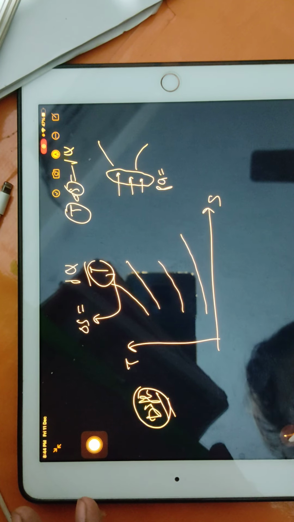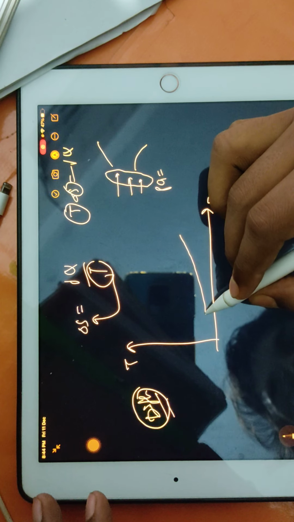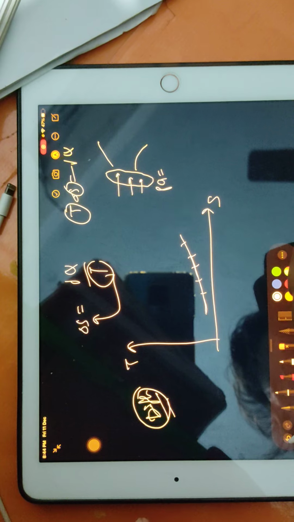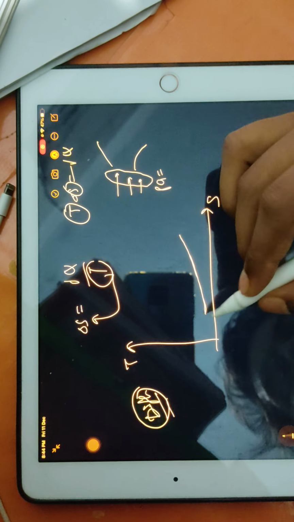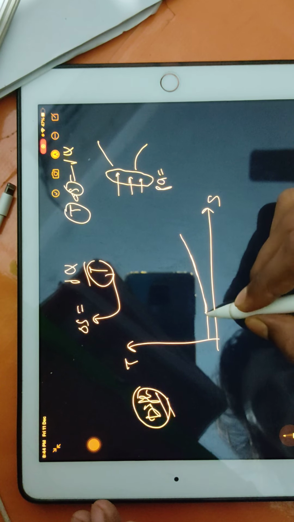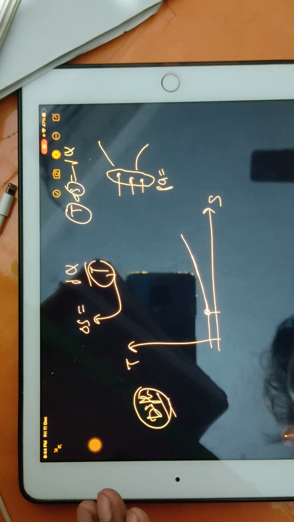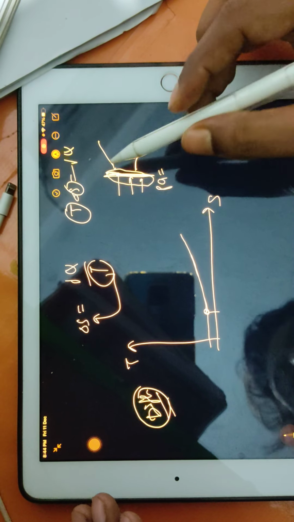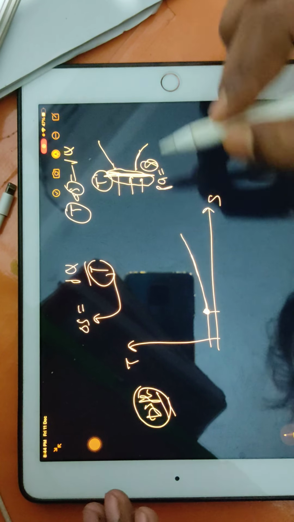So I have to erase these lines. Okay, so this is an isobaric line. It means everywhere here, pressure is the same. This isobaric line is representing this much value of temperature and this much value of entropy. At the inlet of the diffuser, whatever the temperature and whatever the entropy, that point you will mark here.